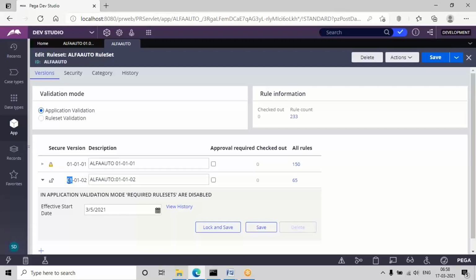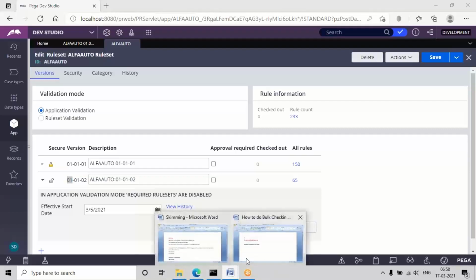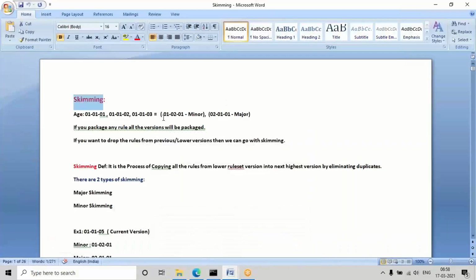In that case, sometimes a few rules can be in more than one version, but if you are using any rule, it will pick only the latest version rule, right? So we have many duplicate rules in the application. Example, if a rule age is there in three versions, then only the latest version rule we are going to access in the application anywhere. Then the other two will be duplicate rules.